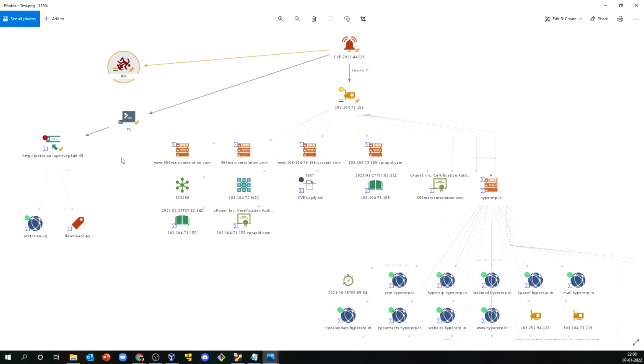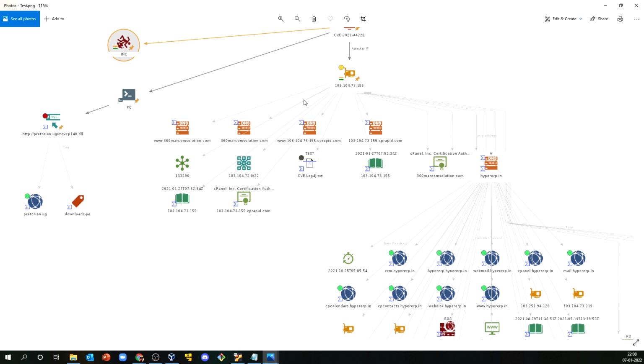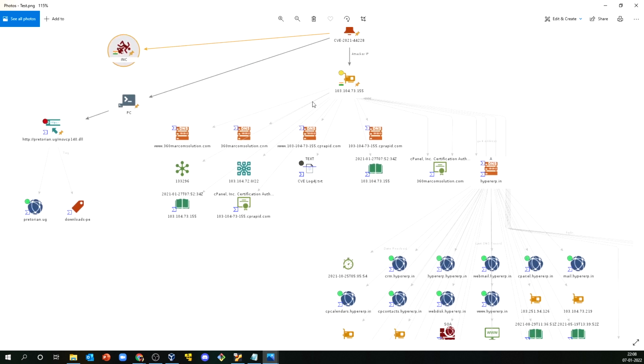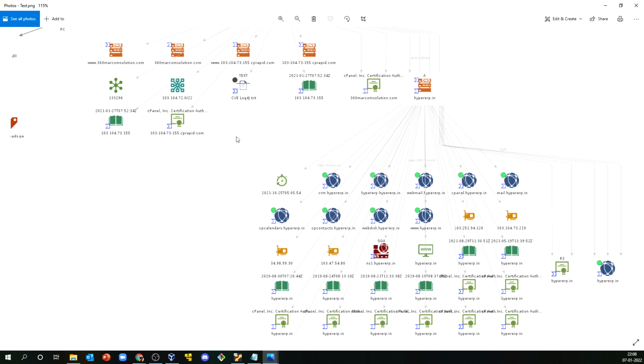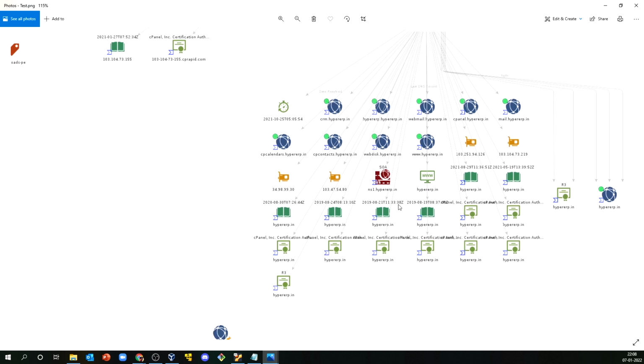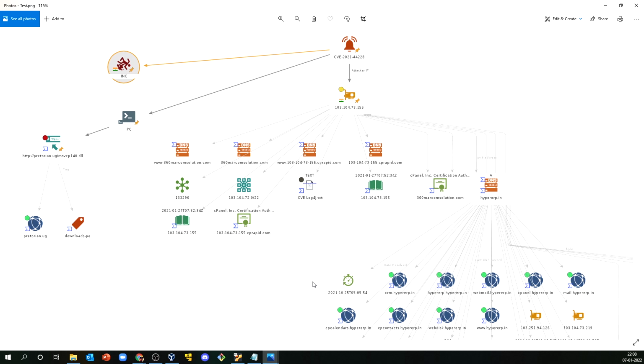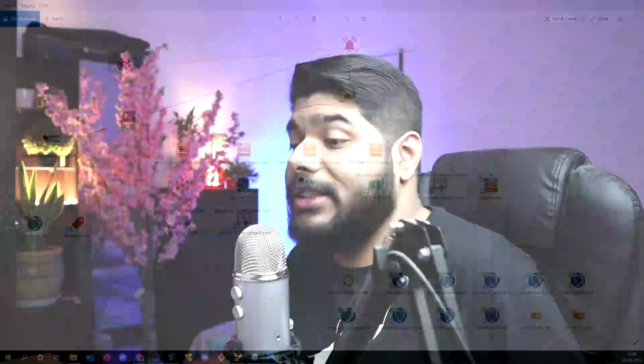So CVE, there is an incident, there was a PC which was vulnerable to this particular attack, we have identified one domain, there is a lot of communication happening. There is one IP address, which is the attacker IP, identified from exploiting this particular CVE and stuff like that. So we have got all the information about this particular IP address, and now you can basically leverage this, and you can create your detection topology. You can even create your awesome timeline. You can create everything using Maltego, right?